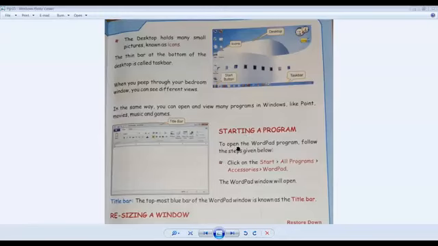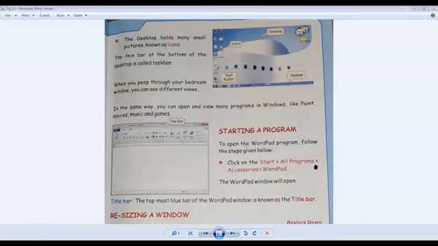Now, next thing is how do we start a program? To start a program, what do we do? We click here. This start button, I told you, at the bottom of your monitor is a long horizontal bar which is called the taskbar. And on the left corner of this taskbar, you have a start button. So to open any program, you click on this button. You just click on this start button, and after clicking this, you get all programs.